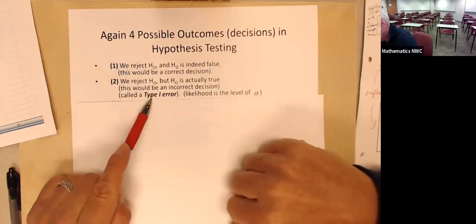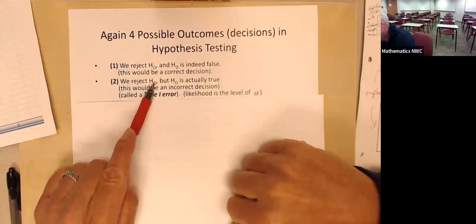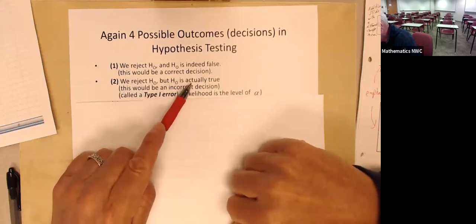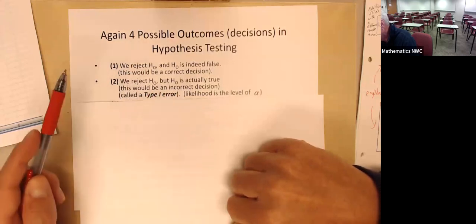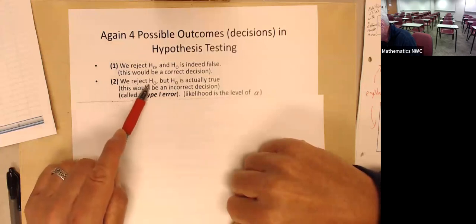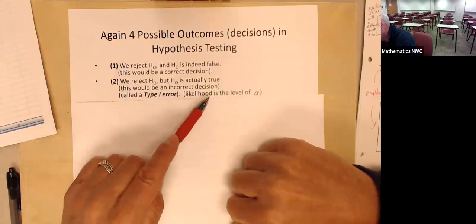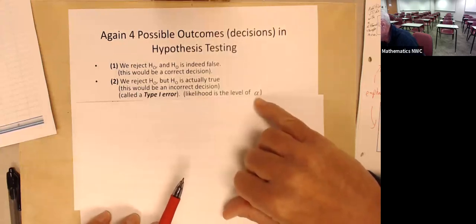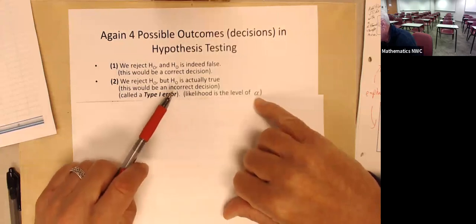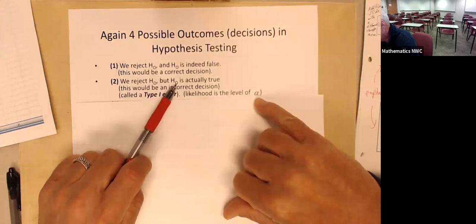But here's that type 1 error. It went over the line in the sand, so I rejected the null, but the null was actually true. I just happened to have a weird sample. This would be an incorrect decision then, if the null was true and I rejected it. That would be an error. We call it a type 1 error. The likelihood is our alpha. So in our first problem, the alpha was 5%. 5% of the time I would have said it went over the line, but the null was actually true and I rejected it. Not an error we want to make.